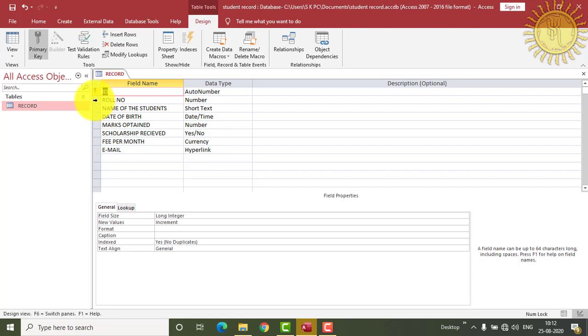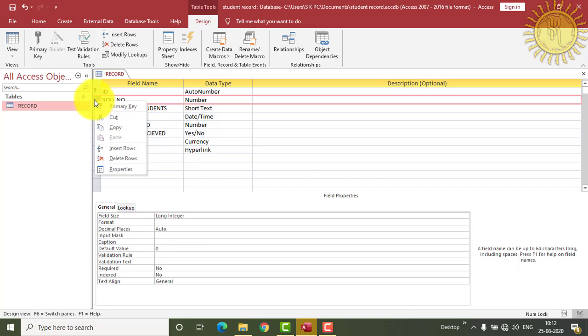We will go to the left of this roll number and right click on it. Here we can see that the primary key option has come, and we will click on this primary key option, and you can see one small key icon has come here, and that means our primary key has been set on this roll number.